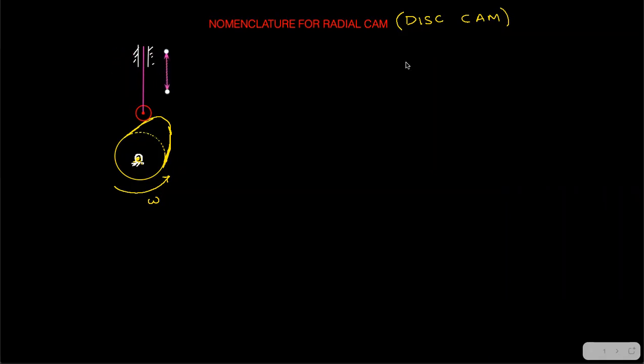Now, how should we identify the motion of the follower? As we all know, any point on a translating link can show the actual motion. It means even if I take this point, it will show the motion of the follower. I can take this point, this point, any point, even this point, if I want to know the actual distance traveled by the follower. Take any point and follow that point.